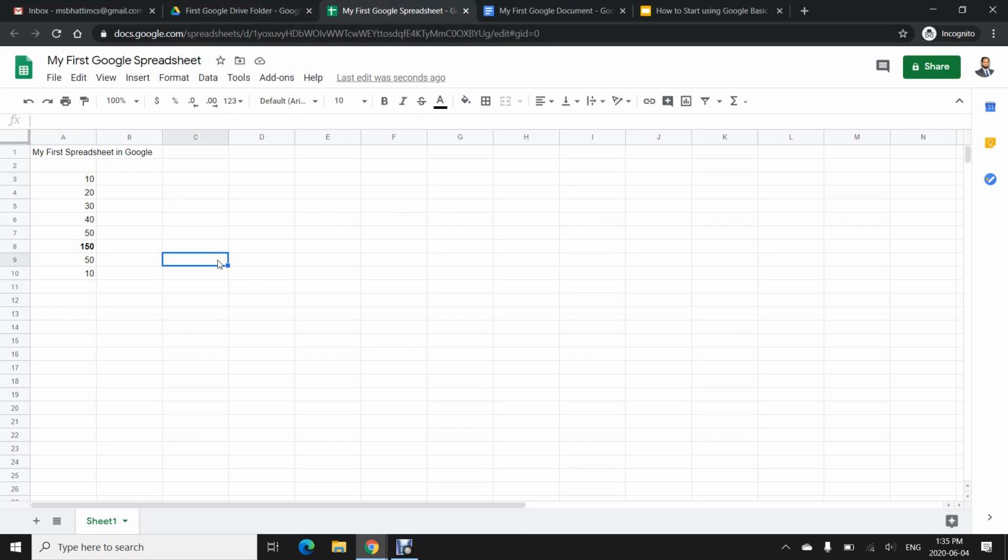So every change is saved automatically. You can see here last edit was seconds ago. So whatever I change here will be automatically saved to the Google Drive.